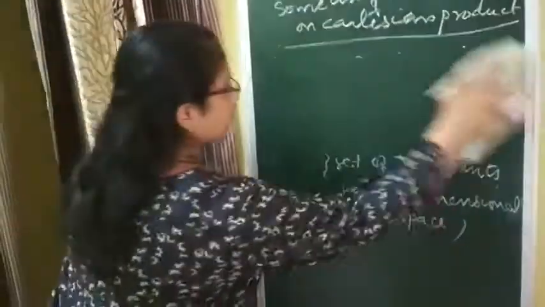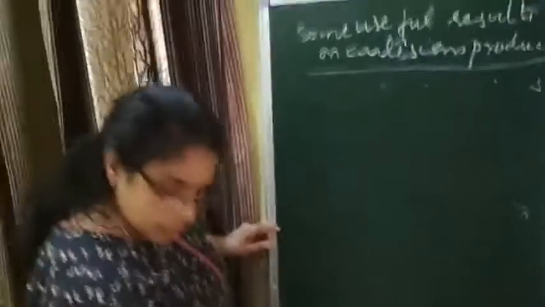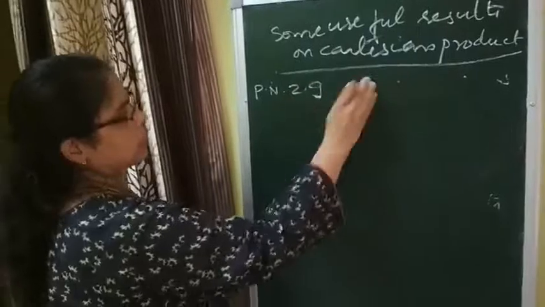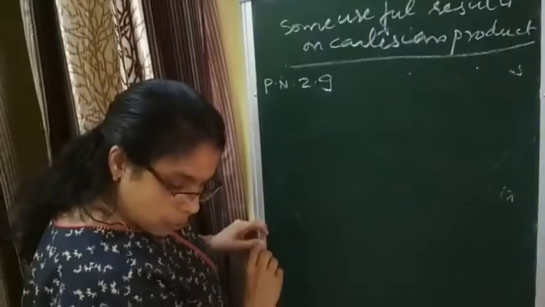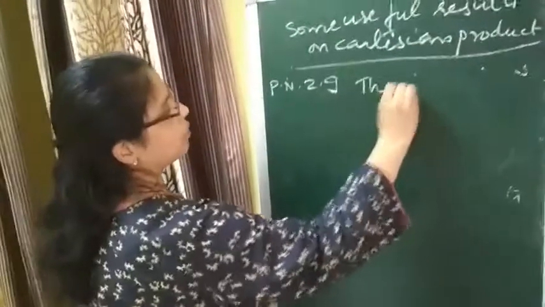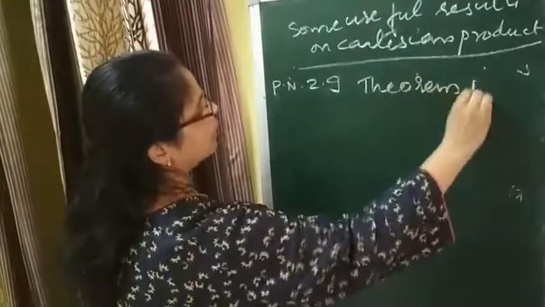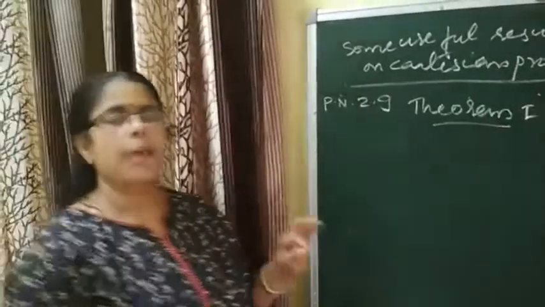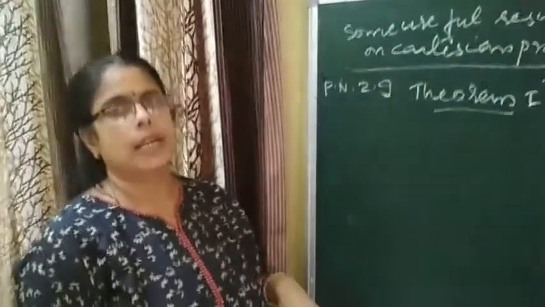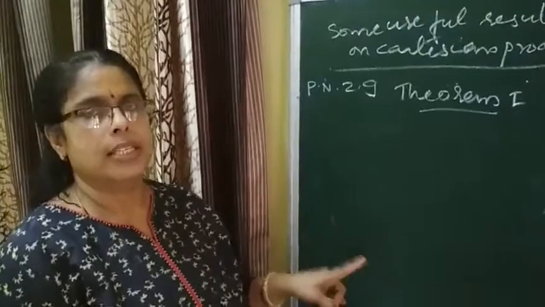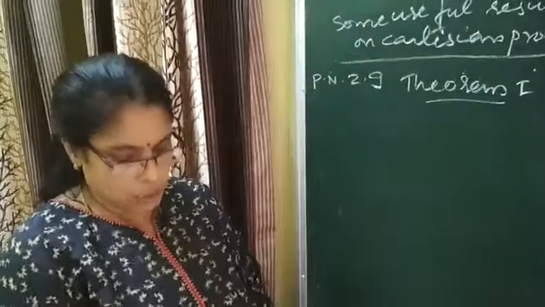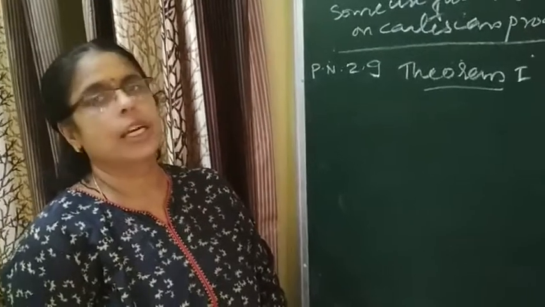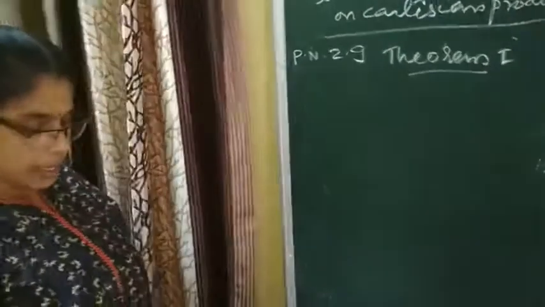Now I am doing a question on page number 2.9. Typical question. Concentrate. Page number 2.9. Theorem 1 is given, but this is not a theorem. These all are questions. Until and unless a theorem has a particular name, or is mentioned in the NCERT book, RD uses the names theorem 1, theorem 2, but those are not theorems, they are simply questions. I am reading the question.